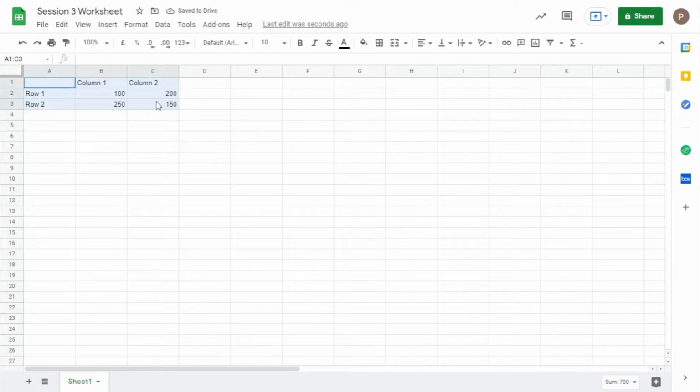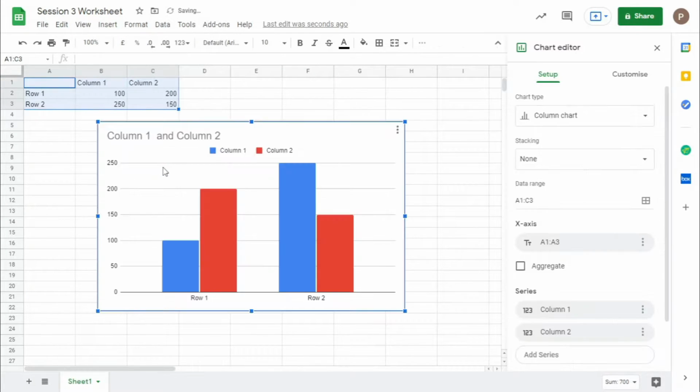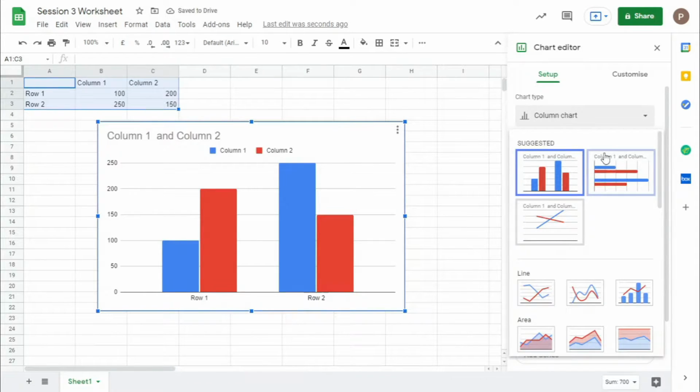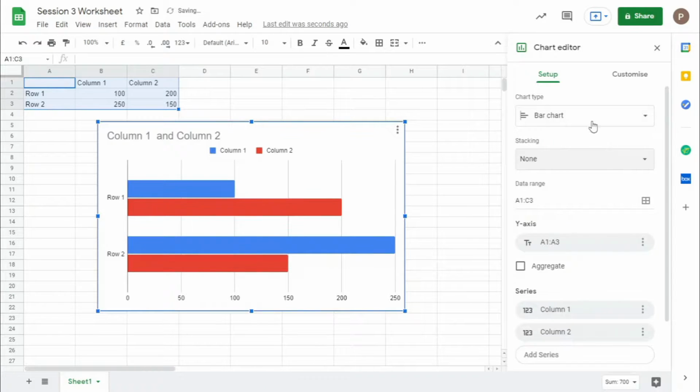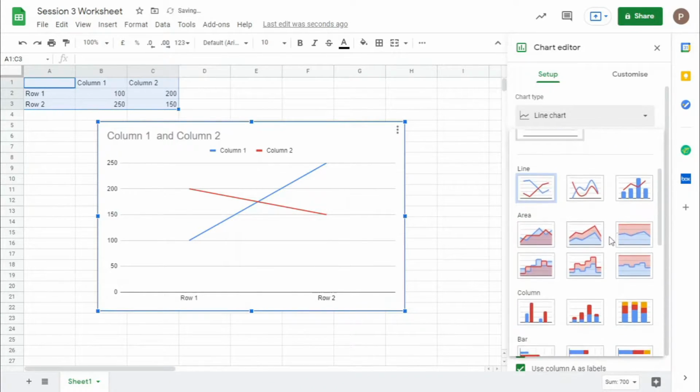If you select this range, go to Insert and click on Chart, then you can have a chart. You can have different types of chart, a vertical chart, a bar chart, a line chart, whatever chart you want, you can have that.